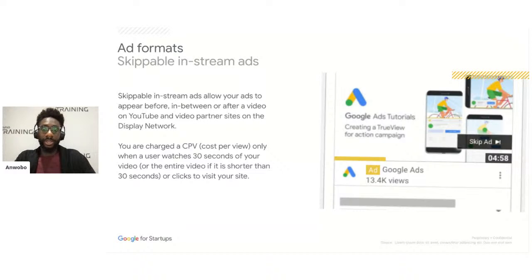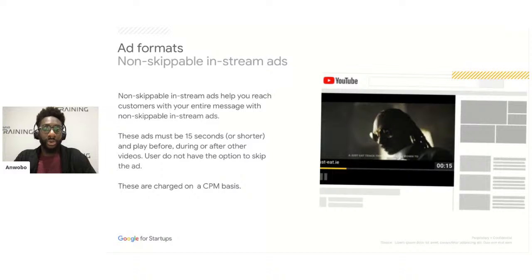Now, beyond the skippable in-stream format, there's another format that maybe we've also seen on YouTube. I've got a feeling that if we have seen this format, we possibly don't like it as much as a consumer. That's because the format I'm going to talk about next is what we call the non-skippable in-stream ads. I'm sure you're all familiar with this ad format. As an advertiser, they are great.